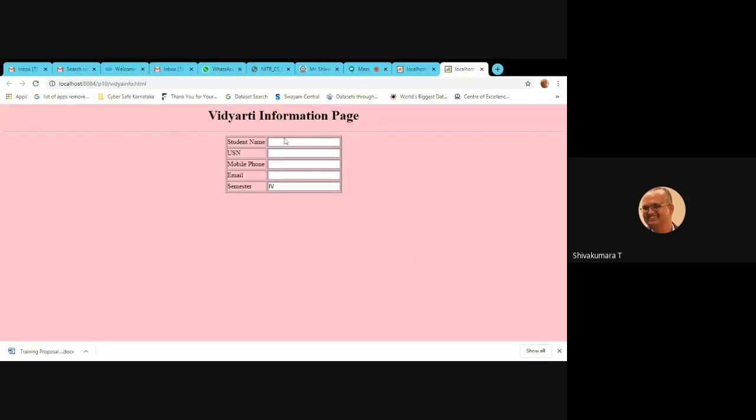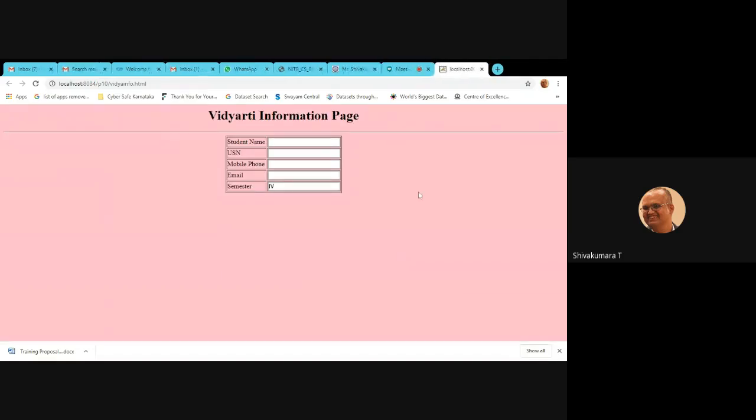Horizontal rule bar is used to separate the heading and the page content. Student name, USN, mobile number, phone, email, semester. Okay, is it clear? Now you need to define the buttons, to submit this user form to the servlet to handle that request.